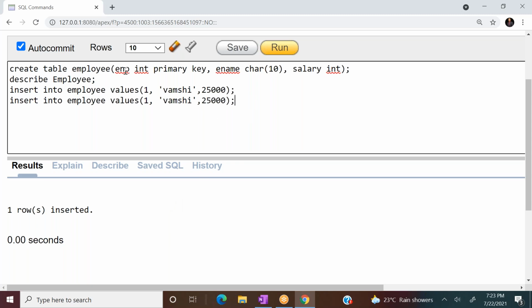I have declared e-number as a primary key. Suppose I insert one more student with the same roll number 1. Can anyone tell me, does a primary key allow duplicates?